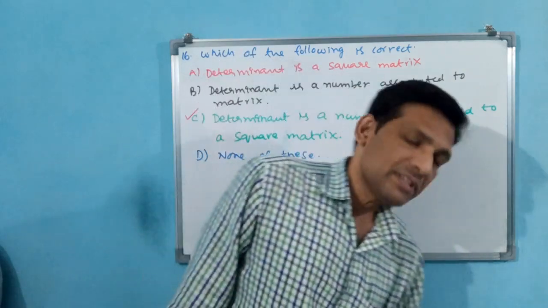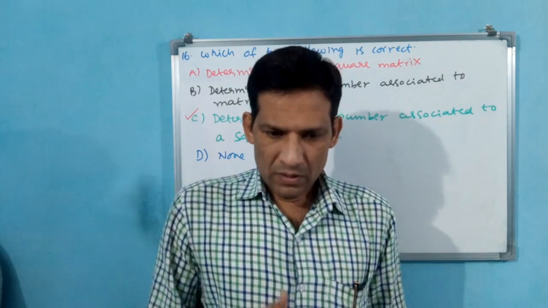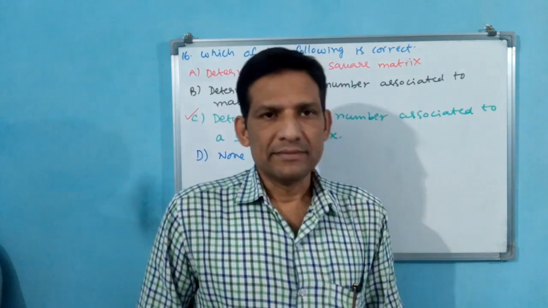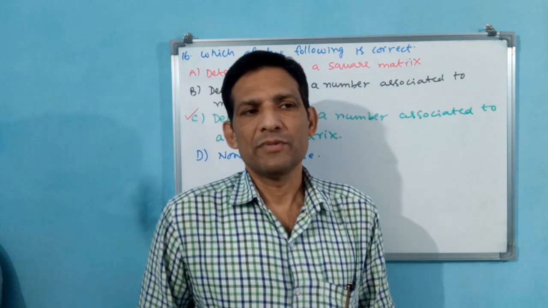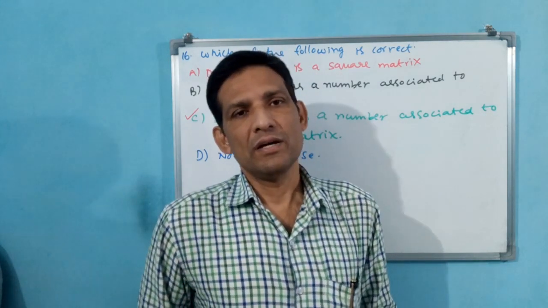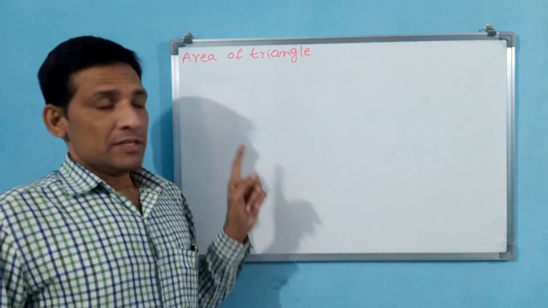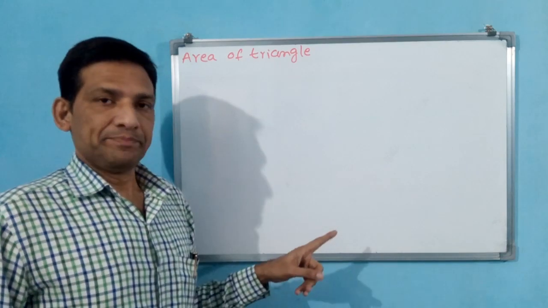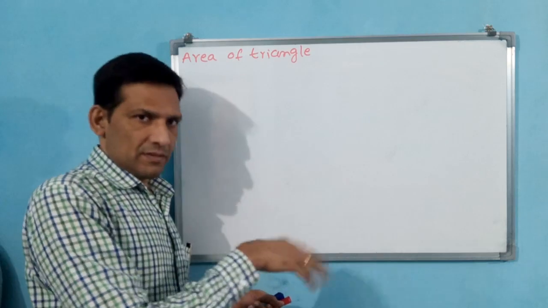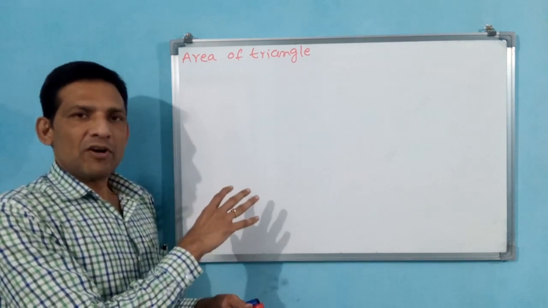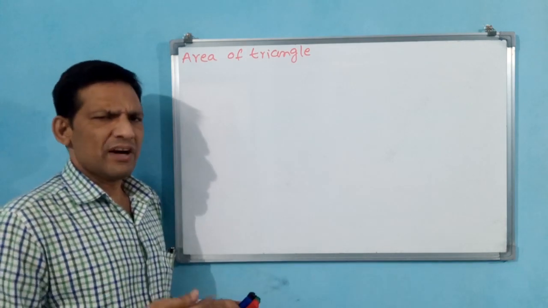Okay. Now we have finished this exercise 4.2. What we do, we will start again in this class only. We will start 4.3, area of triangle. Okay, let us start. We will study area of triangle. This will be in 4.3 concept, 4.3 exercise. But in this class, I will tell the concept and I will do one question from 4.3 exercise. That will be in 4.2 E or F or whatever it may be.